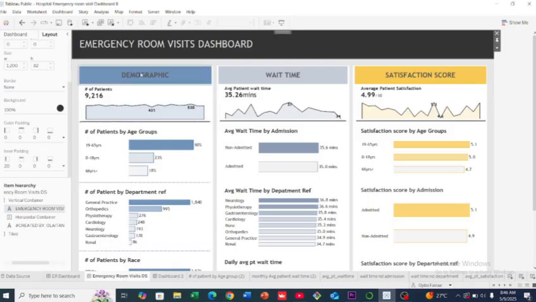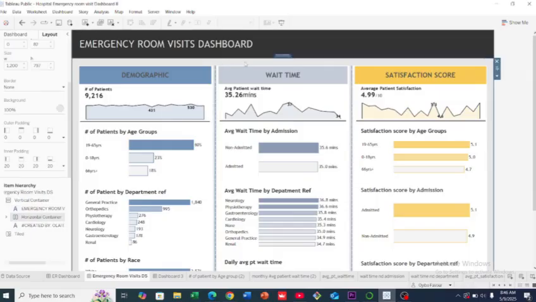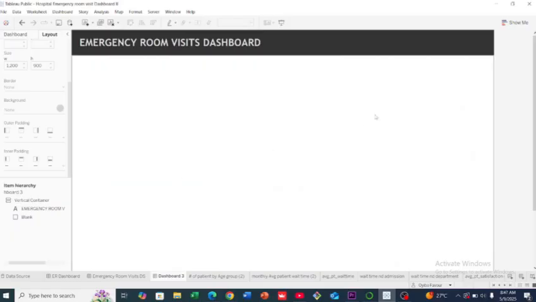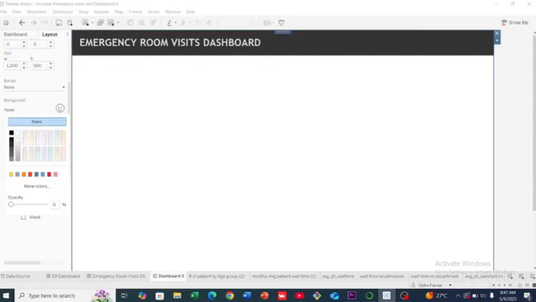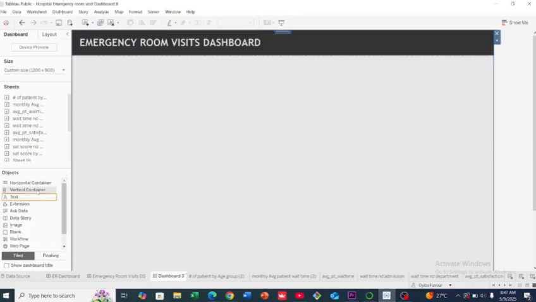The next thing we want to do is now create this vertical layout. So if you take note, you see that we have an outer layout where we have this ash color, then we have these 3 boxes inside. Okay, so how do we go about creating these? Remember that this is a blank. We are still using our blank sheet. What we want to do is click on our vertical container and change our background color to this ash color. Okay, so the next thing we want to do is click on our dashboard now, and we want to place